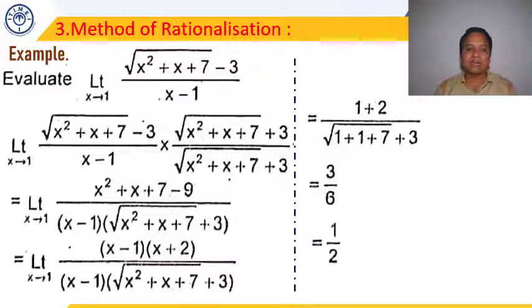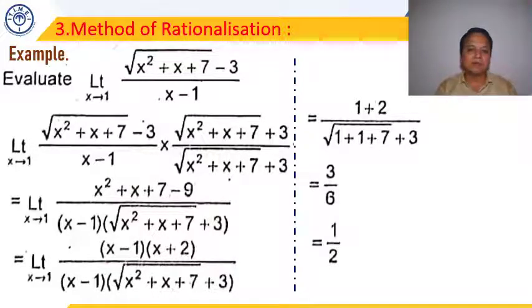So we get the value of the limit when x tends to 1 as 1 by 2. So we remove the part which is giving us indeterminate form through rationalization, because there was a term there in the expression root a minus b. So we multiply it by its conjugate root a plus b in the numerator and denominator, and simplified the expression till we remove the part x minus 1 from numerator and denominator, as the limit is tending x tends to 1. This method is called method of rationalization.